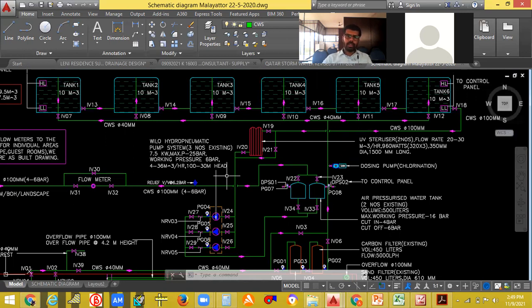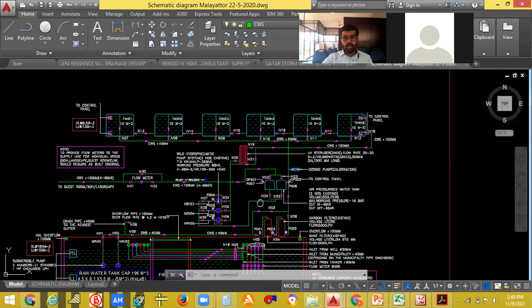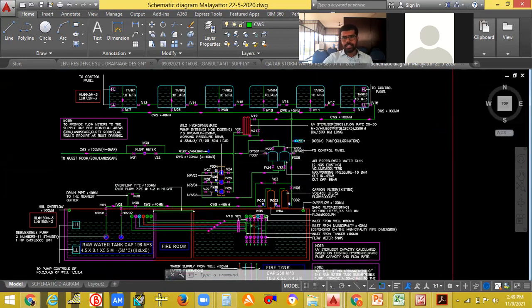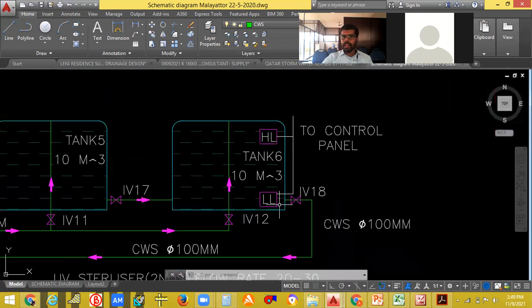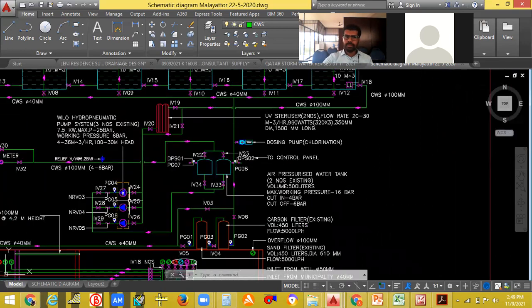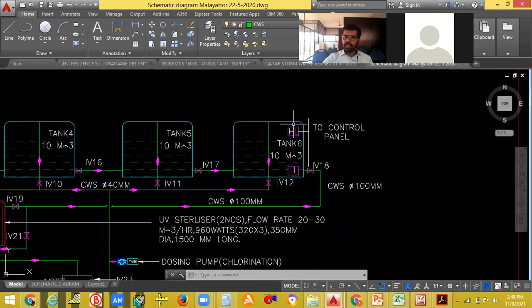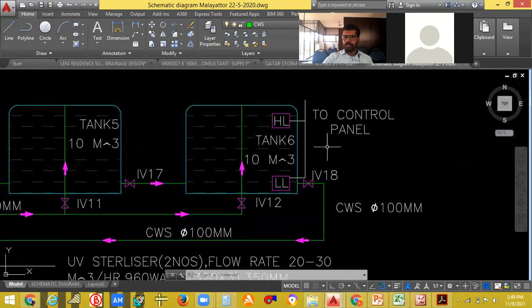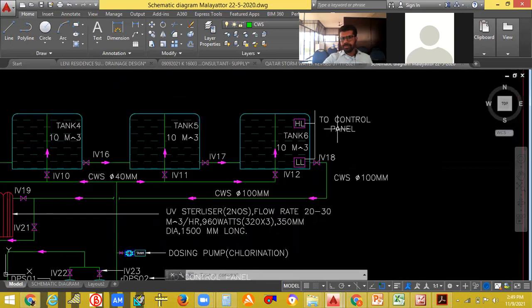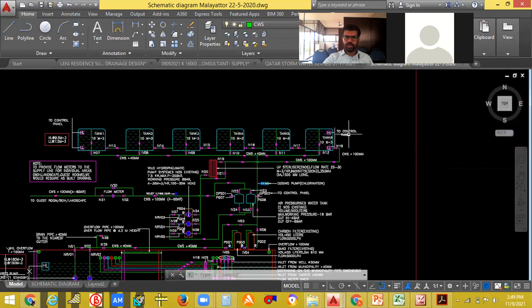So I'm asking why give the auto pneumatic system, if you are just giving a high level and low level switch to your control panel and connecting this with the normal pump system, you will still get the water, no? Same thing, sir, but they said it's a semi-hydropneumatic, something like that. Understood.